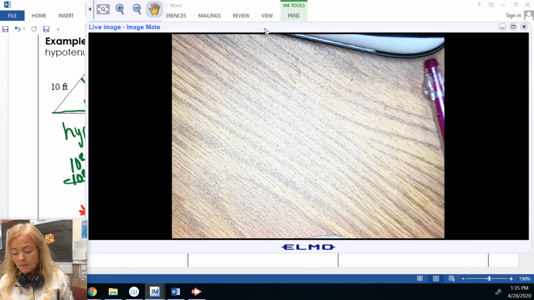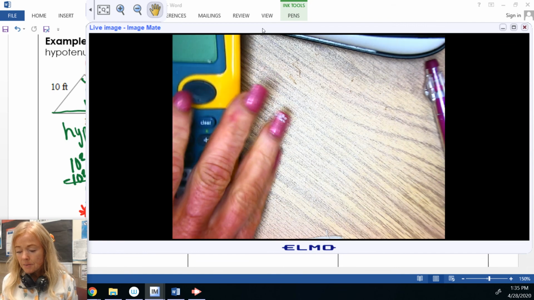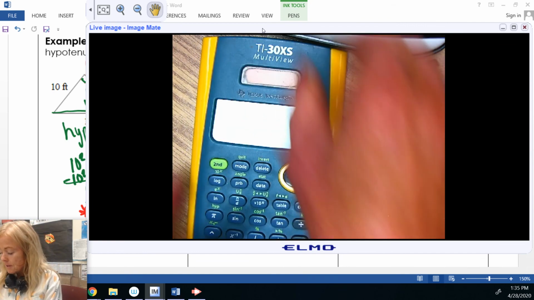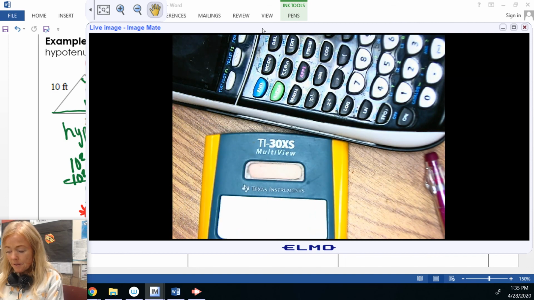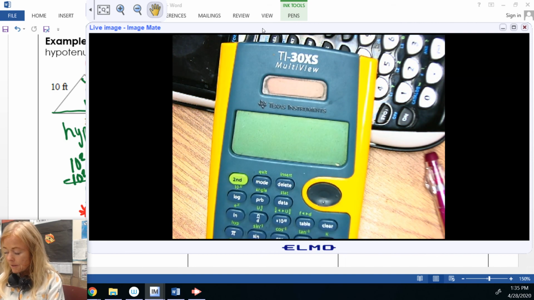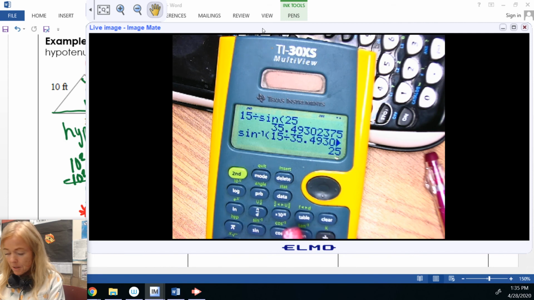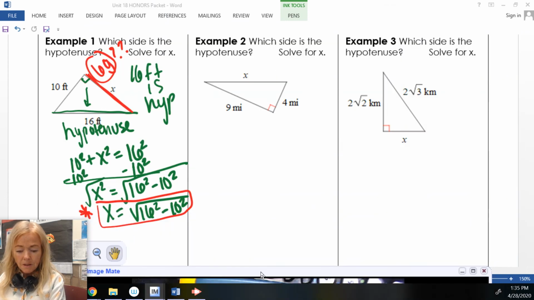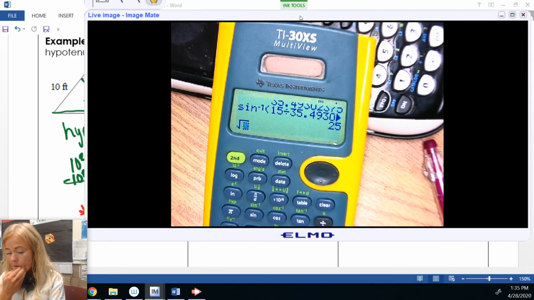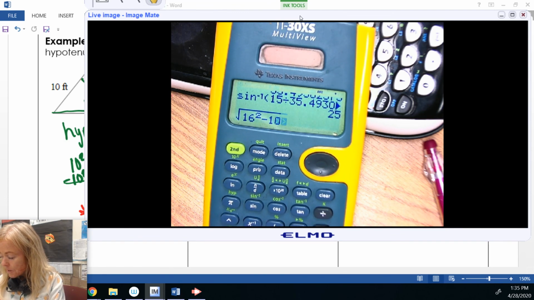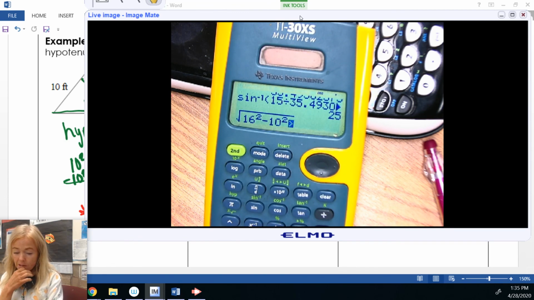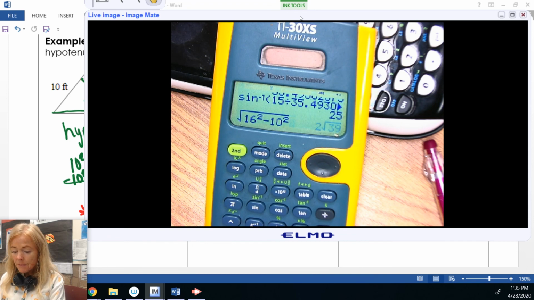I'm going to bring this over here, except I kind of forgot. Let's see. I'm wondering if I can set this up to where it's not going to glare. I don't think it is. So square root of, what was it, 16 squared minus 10 squared. You can just set it up just like that in the calculator. All right, and you get 2 radical 39, which is the